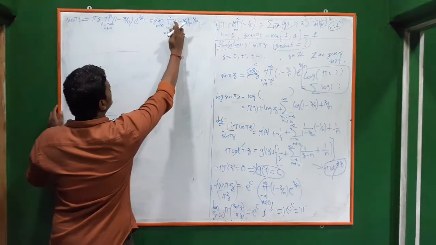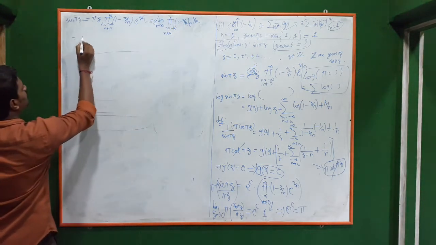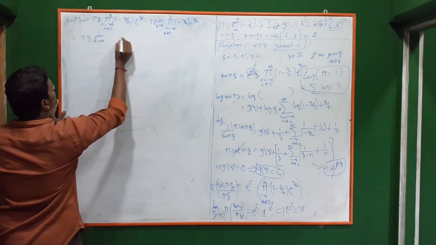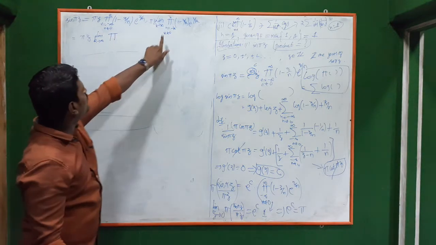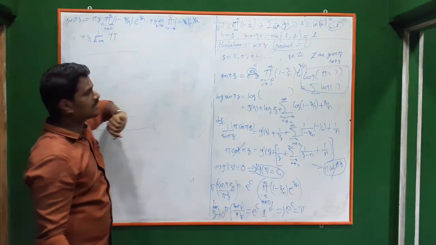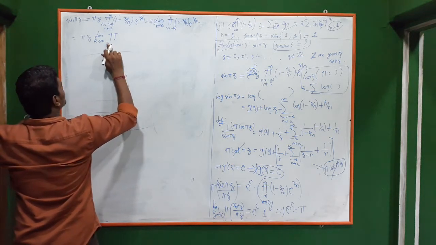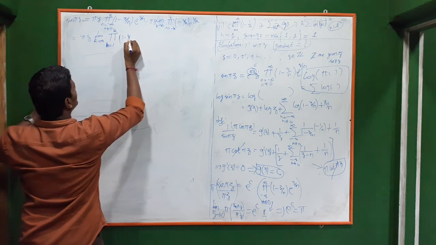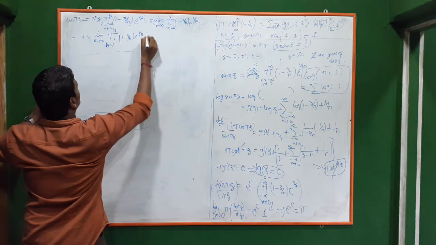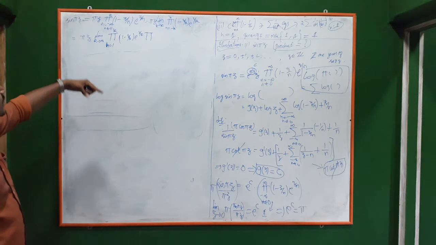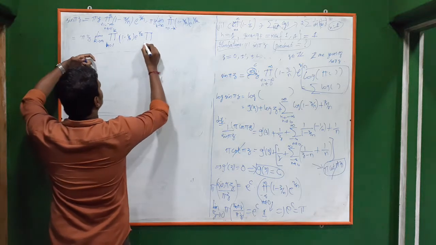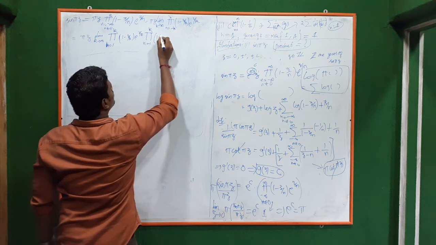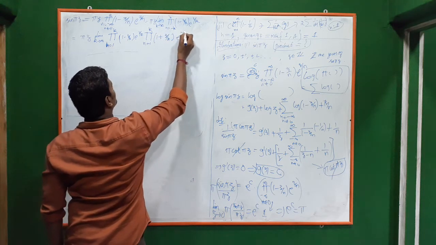Now take the positive terms and negative terms separately. So this will be sin pi z into limit k goes to infinity. The product at k equal to 0 is anyway not there, so we can remove that. So this will be the product from 1 to k. The positive part will be as it is, 1 minus z by k into e power z by k. And the other part is minus k to minus 1, which we can write as 1 to k with a change of sign, so this will be 1 plus z by k into e power minus z by k.